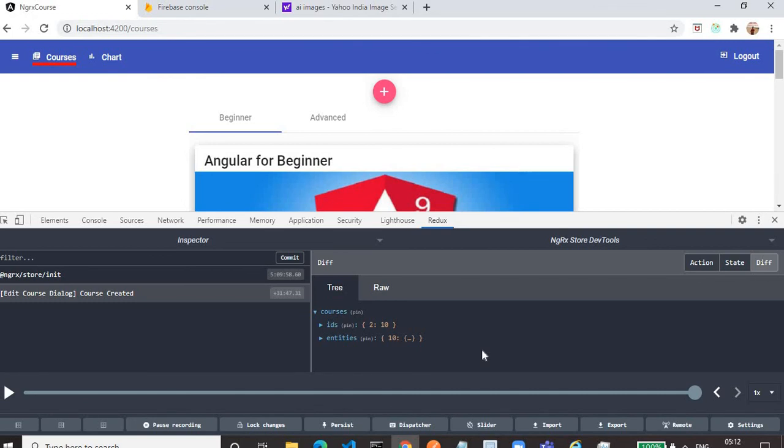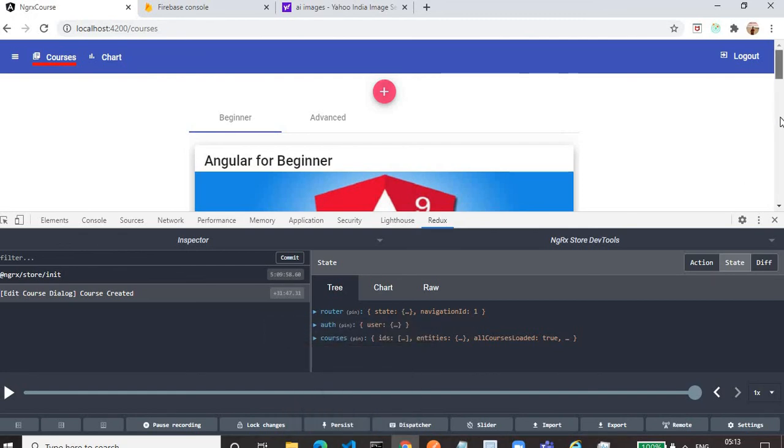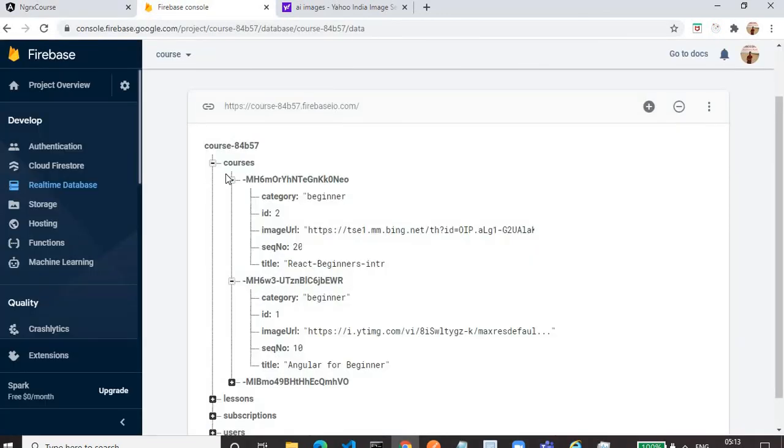The difference is one new course, the course having ID 10, is being added. And if you scroll down, you can see the AI beginner course. Even in Firebase, if you see, you will find 3 courses. This is the third one.